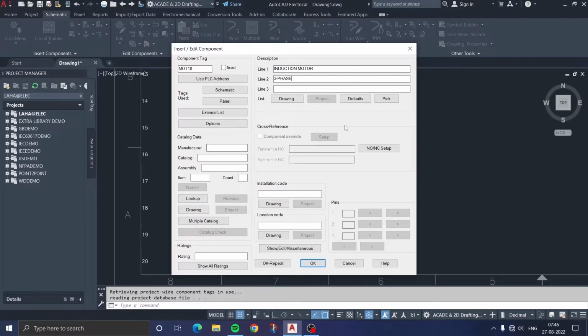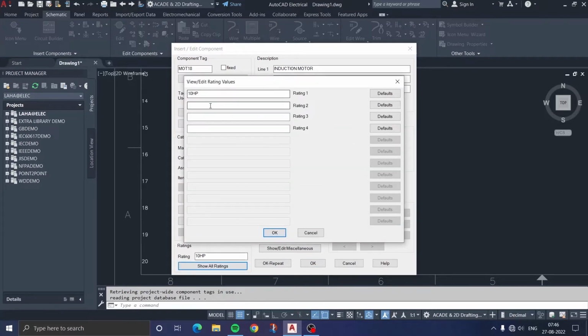Okay, so I have written that it is an induction motor and 3-phase. Now you have to specify the ratings of this motor. Suppose I am going to take the rating of this motor as 10 HP. If you want to add more specification, then just click on show all ratings, and here suppose